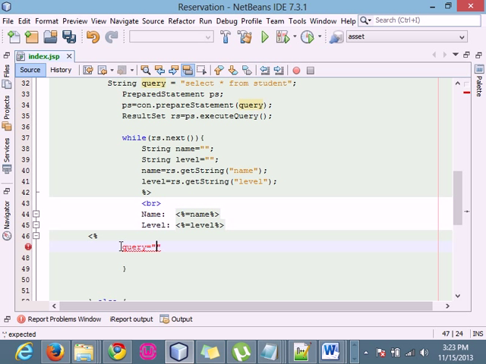Query is equal to what? Insert into student. Remember, we are still using the what? Prepare statement. Insert into student. Then you pass the parameters. Now the parameters are what? Name, comma, level,